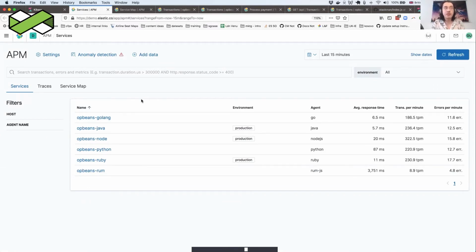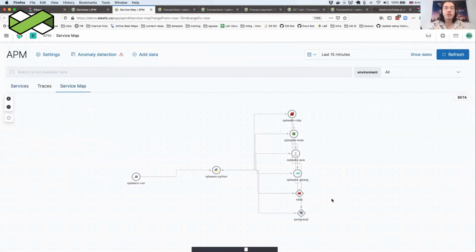Instrumenting multiple services does make a lot of sense, and it actually brings you more than just data about each individual service, as we'll see in a second. Another cool thing here is the service map, which is a relatively new feature in Elastic APM. This is using the span data that I was talking about, connections to data stores and other services. It maps out